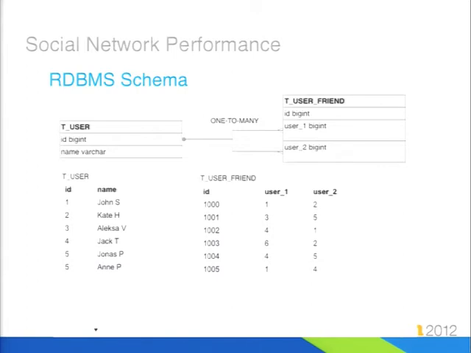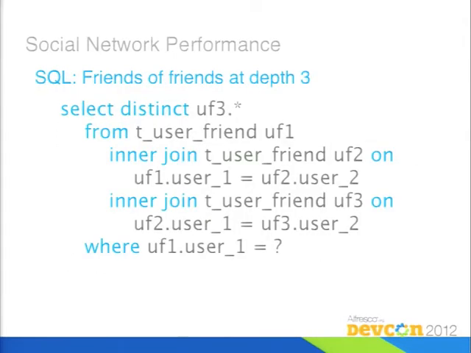So the relational schema is pretty simple. You basically have a table for users and a table that stores foreign keys and primary keys to describe the relationship between the users. And this is an example of the query. As you increase the depth, you add more inner joins, and you probably already know if you add more inner joins, performance degrades significantly. It's probably not the best way to retrieve this kind of information, but this is the way they executed this